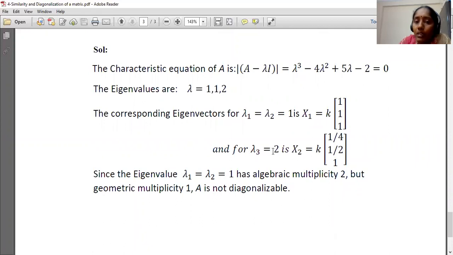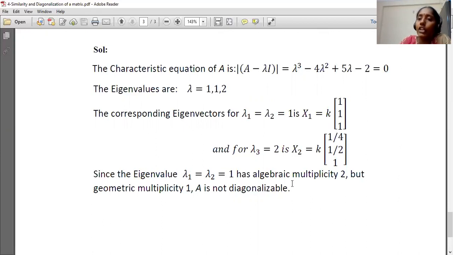For the eigenvalue lambda 3 equal to 2, there exists another eigenvector. Here, for the total 3 eigenvalues, there exist only 2 eigenvectors. Okay, it's a 3-dimensional vector space, but it has only 2 eigenvectors in dimension 3. That means these are linearly dependent. And also, one more point: the repeated eigenvalue has an algebraic multiplicity of 2. It means 1 is repeated twice, so the algebraic multiplicity is 2. But the geometric multiplicity is only 1. So it is not diagonalizable.